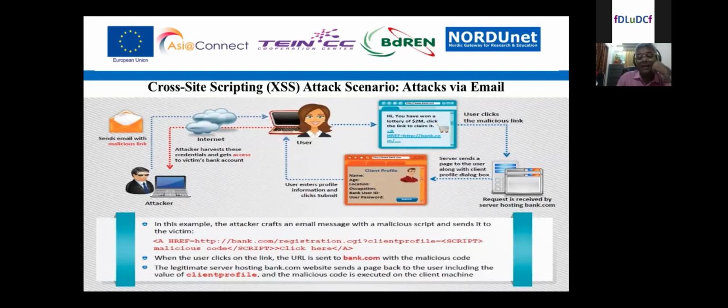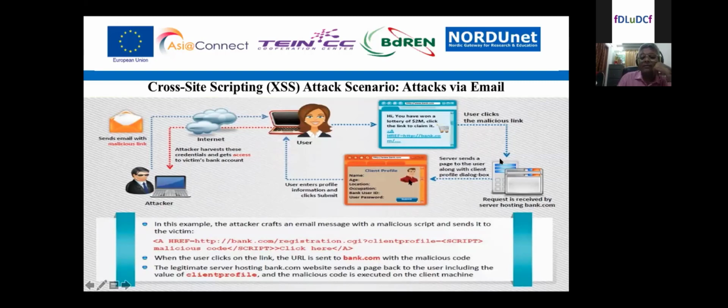Then the user definitely feels proud that he got the $2 million and clicks the link. When he clicks the link, it will forward the user to the malicious server, with the malicious code and malicious link,